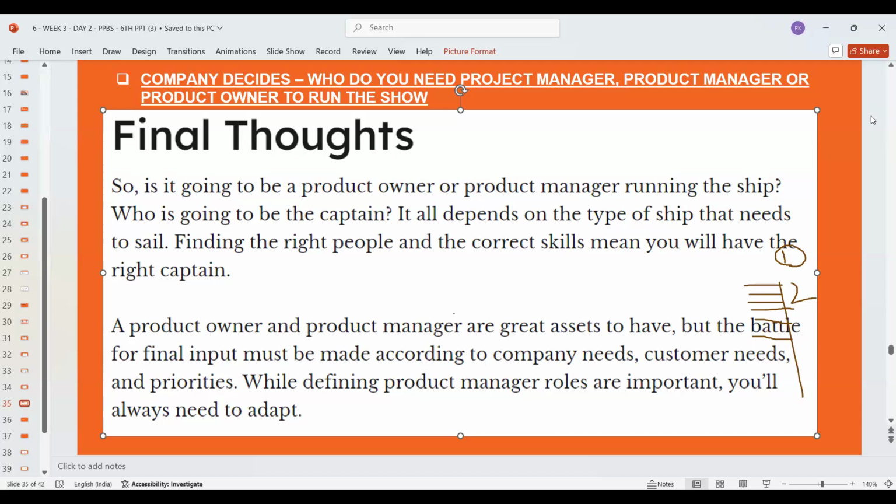Let me make it a little simpler from my experience as well. The product manager and the product owner are two different roles. The product owner generally reports to the product manager in the business hierarchy. Sometimes these two can be the same person or two different folks. It all depends on the size of the organization and how it is structured from an organizational perspective. But in most scenarios, these two will be the same role,